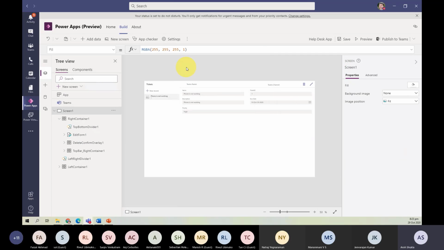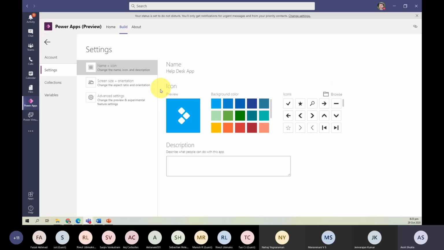However, the only difference is if you go to settings, and you want to change the app name, you have to put it here under settings. And I put this thing, maybe I put an arrow and put this app.